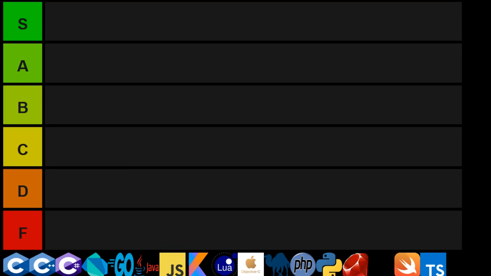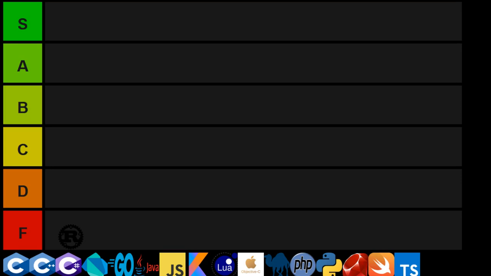Rust is a pretty good language. I like it. It has good tooling. It's easy to get into. I don't have anything really bad to say about it. Like, it's just a tiny little flaw: if I'm already a C++ dev, I don't really care about memory safety, and I find Rust a little bit too restrictive. And Rustaceans are wrong, so I'm going to put it in the F tier.